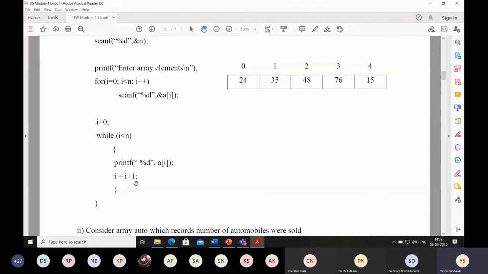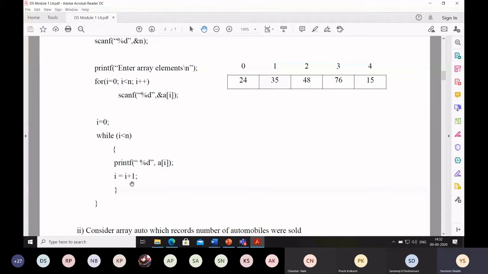Now the control again passes to the while loop. Here I is 1, and 1 is less than 5, so the condition is true. Again control passes into the while loop and it will print A of 1. A of 1 means 35 will be printed.